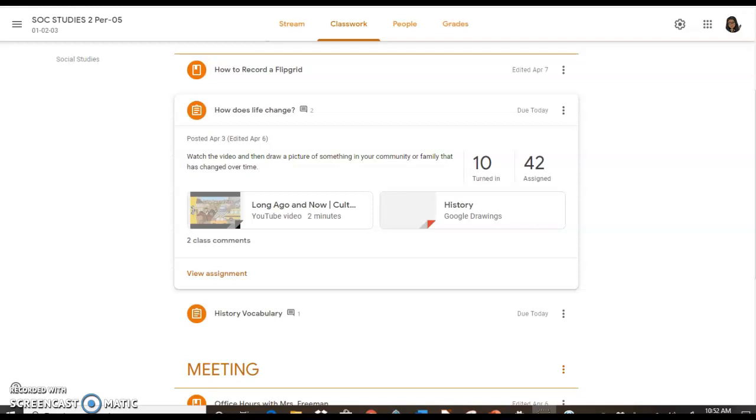So you will see on my screen the two assignments where you were supposed to watch the YouTube video, and then it says to draw a picture of something in your community or family that has changed over time. Remember, your view will look a little different than this, but basically, you'll go inside of your Google Classroom and you'll click the assignment history,